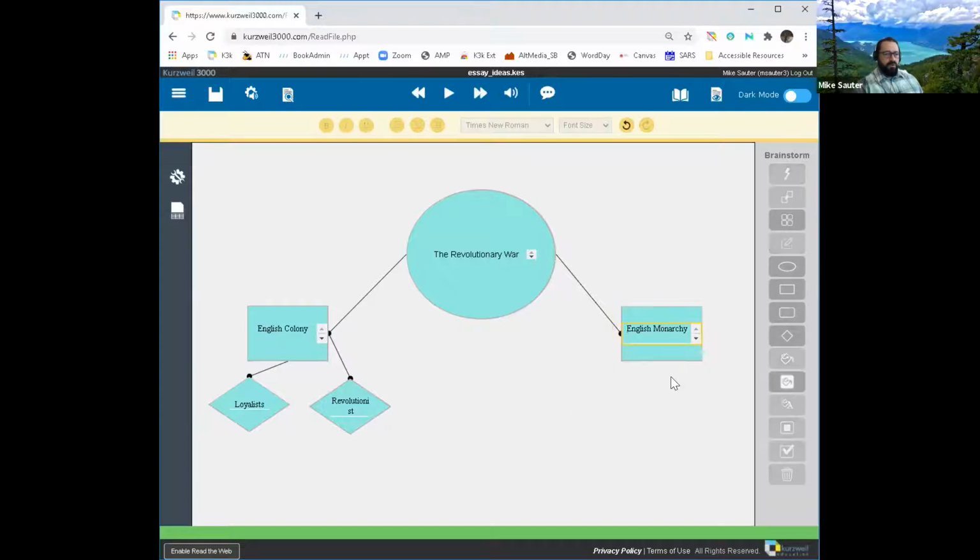So same thing for the other side. I can add some other thoughts that I have. Like the normal citizens. And then I can also add another.